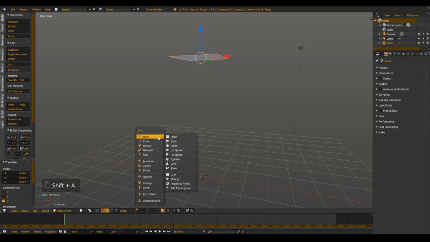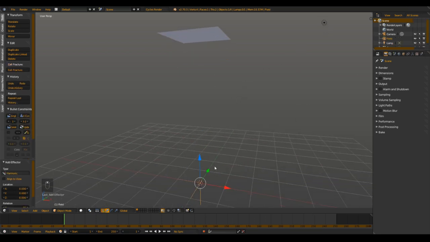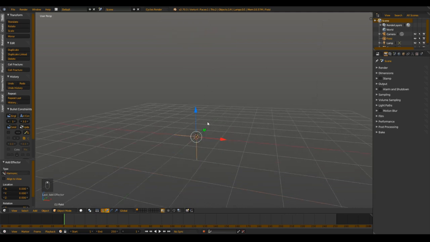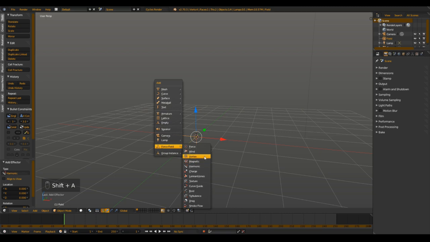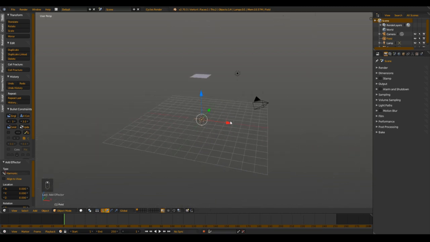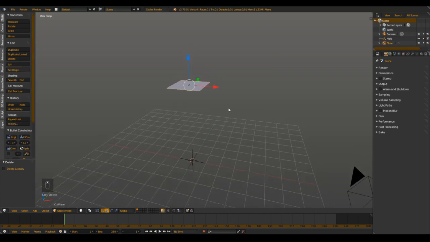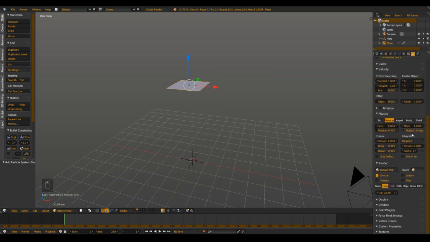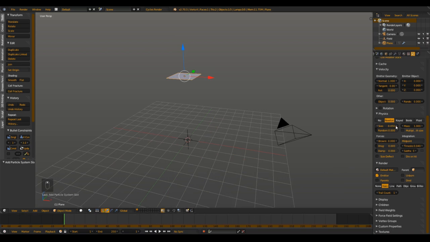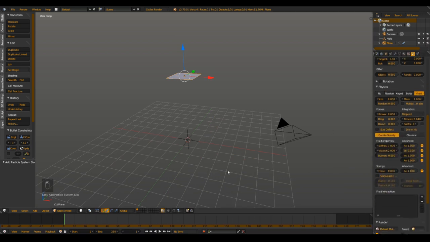And I added here a plane, which is going to be my emitter, and I also add in a harmonic force field, and this just acts kind of like a magnetic force field, but with a little bit different effect. So this is going to be our emitter, so we add a new particle system, and we want to use fluid particles and also an object,